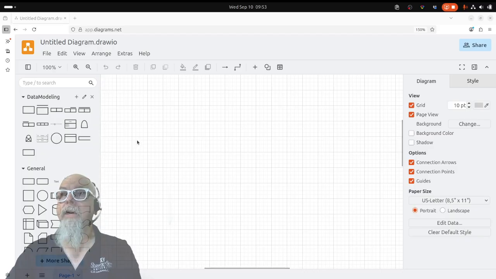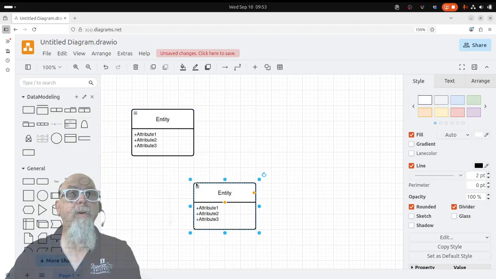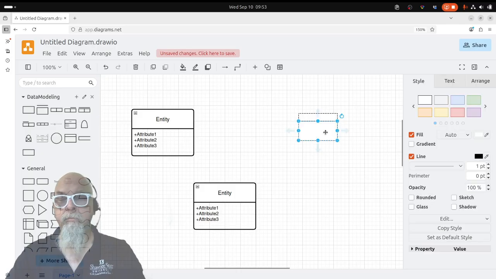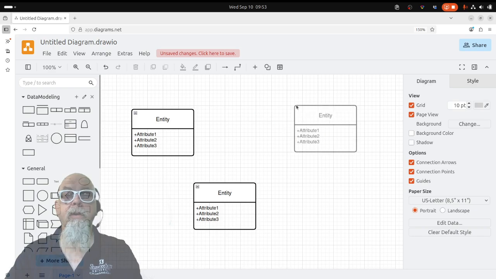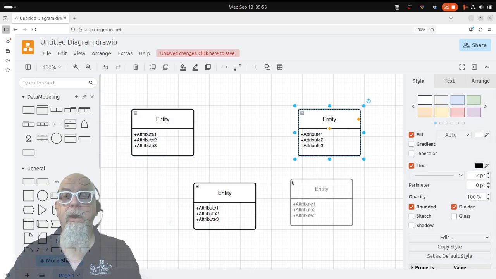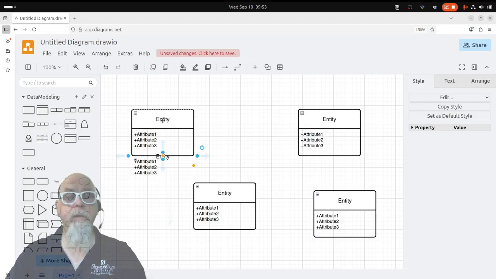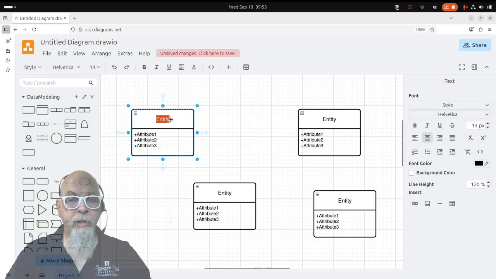But let's get started. So we have our four tables that we're going to model. So there's our recipe table, our recipe contents table, our ingredients table, and then our unit of measure table. So there are those tables. We'll double click on a table. We'll click on a title there and change that to